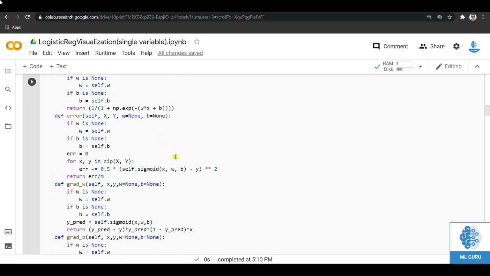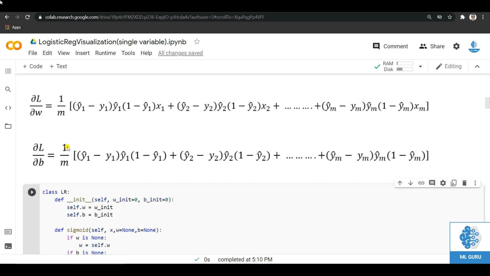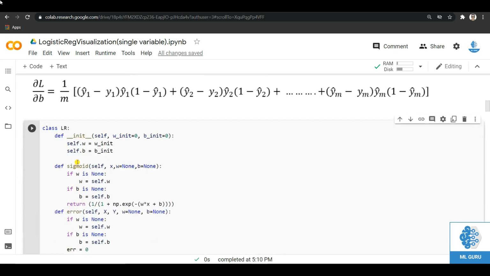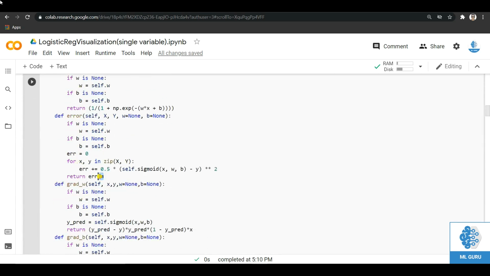We will give the values of w and b, which we have initialized here, and take the difference with the actual value of y, which means this is the predicted value and this is the actual value, and we square the difference and just multiply it by this 0.5, because as you can see there is this 1 over 2 here, and after calculating this summation we just divide by m or take the average. As you can see here, we divide it by m.